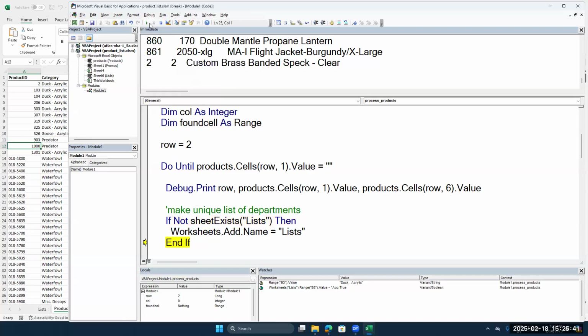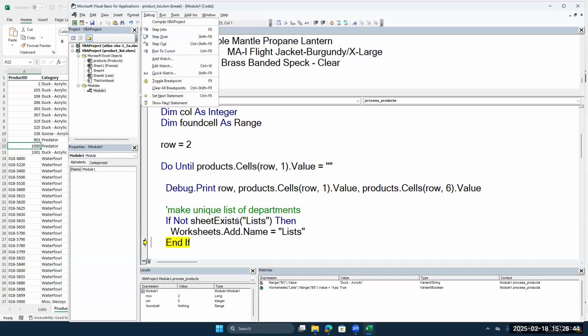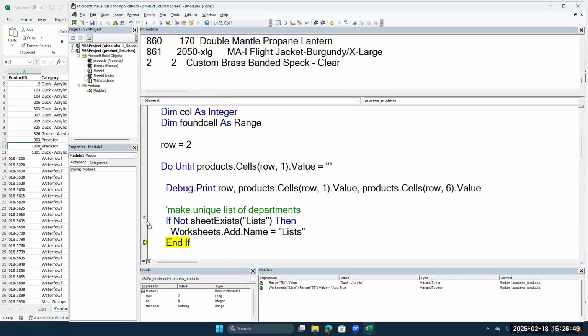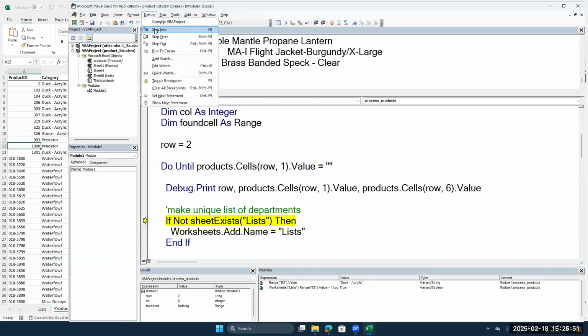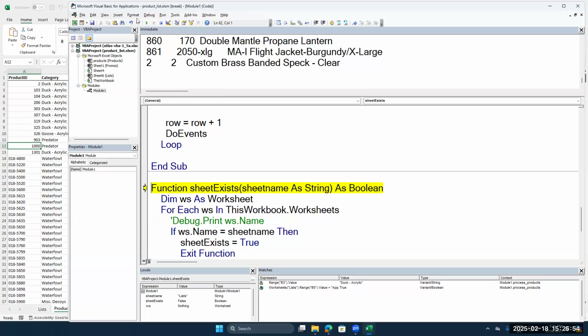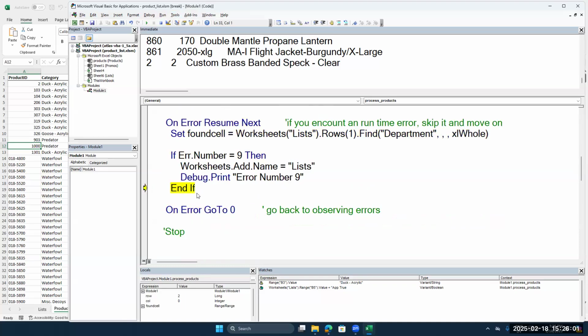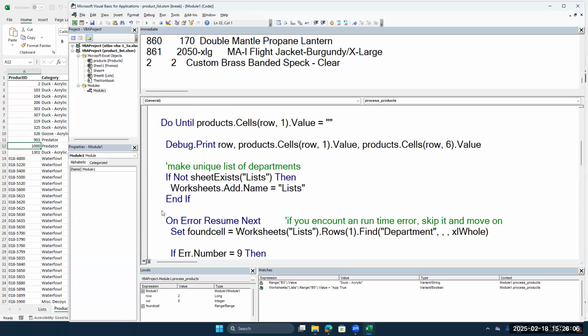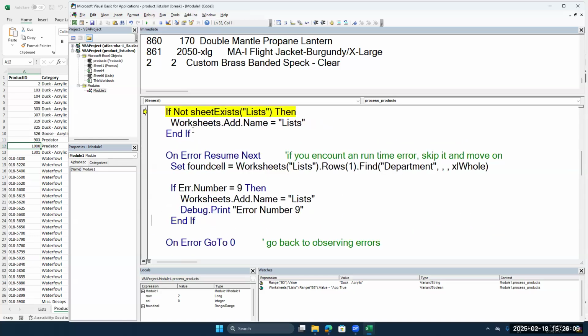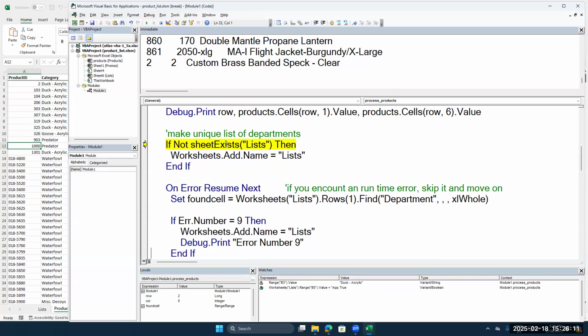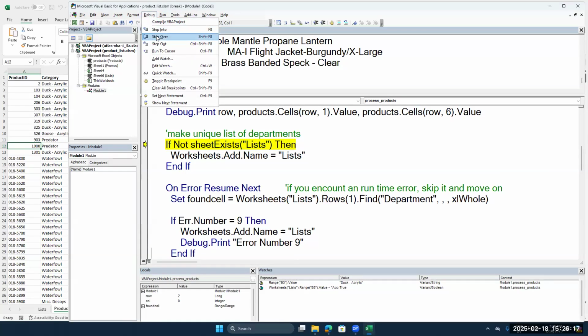So I click on step over and it runs this, but doesn't go into the function. It stays right here. Versus if I were to do step into, it would actually step into this function. And then I would do each function one by one. And then it comes back to the original place where it was at. So the idea there is step over. I can actually step over the function. It will run the function and come back to the next line. And that's right there. Step out